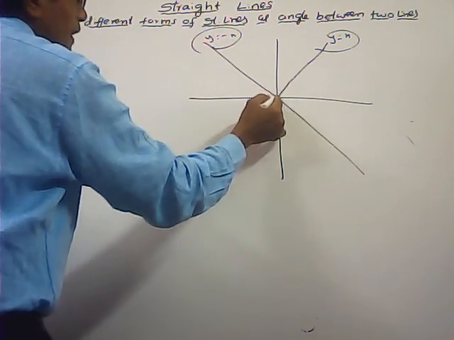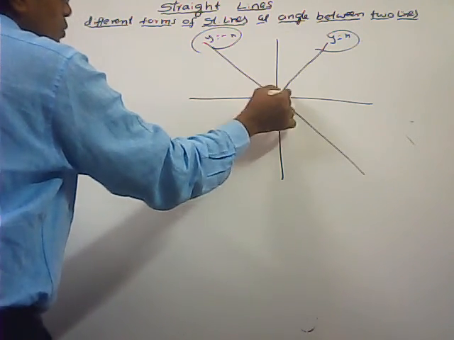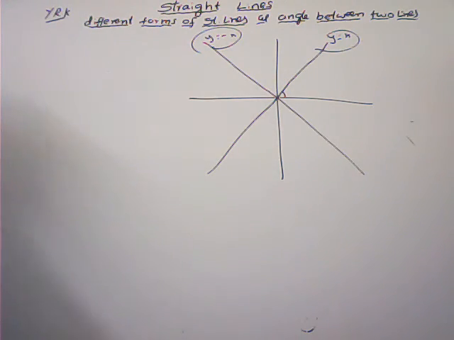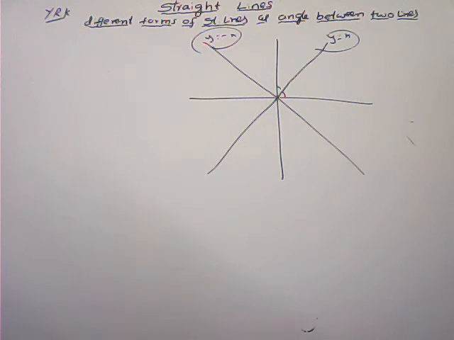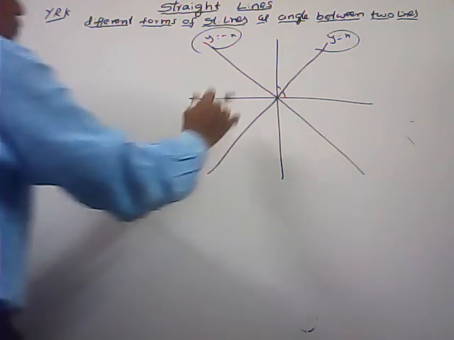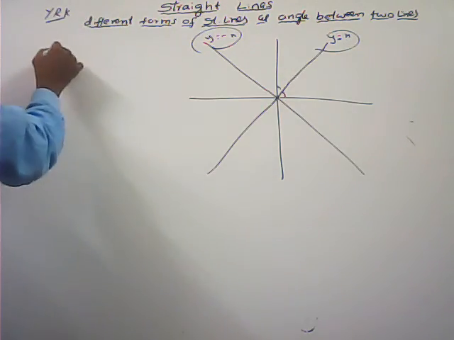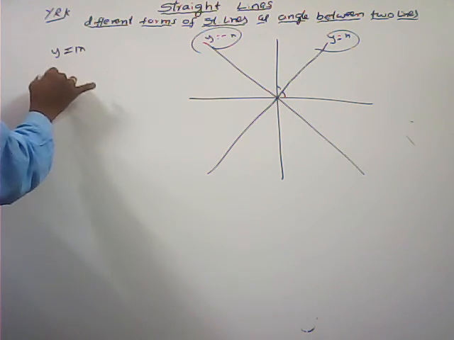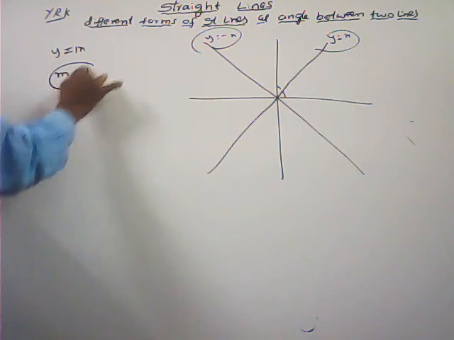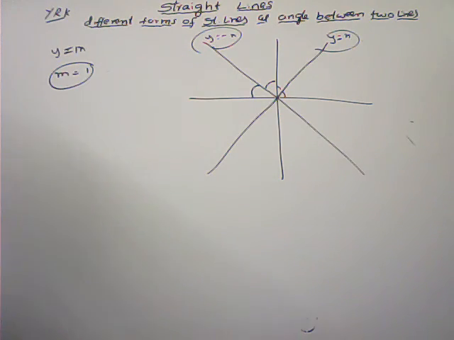So total what is the angle here? 90 degrees. It is divided into two parts. This is the angular bisector of both the x and y axis only. This is 45, this is also 45. So that line y is equals to x makes equal angles with both the x and the y axis, 45, 45. Then here that is in the slope intercept form only. Y is equals to mx plus c. Here c is 0, mx. Here the slope of this line is equals to 1. And here also, both the angles are equal only.